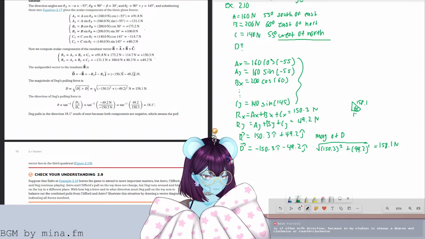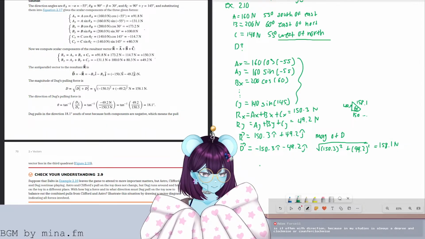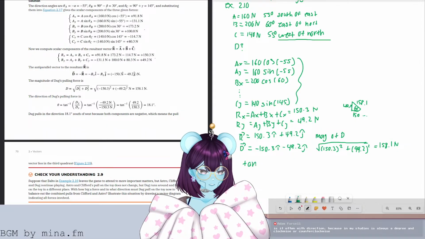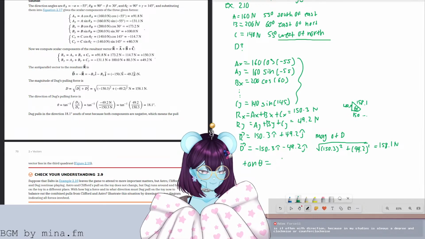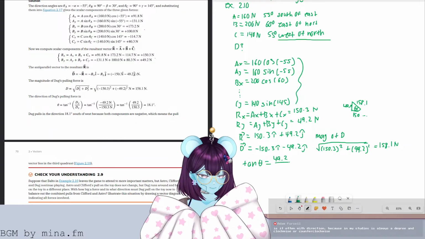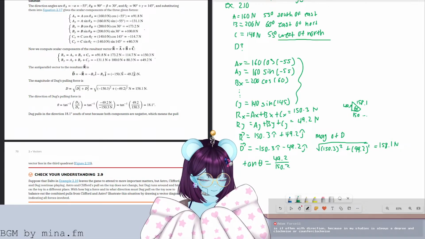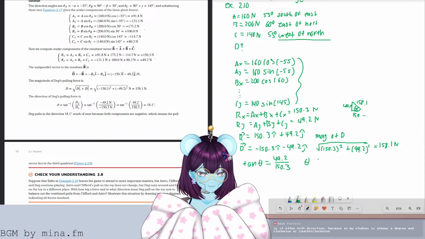So we have the 150 something and the 49.2 here. You can get the angle by going tangent. Tangent of the 49.2 over the 150.3, and then you inverse tangent, and then you can get